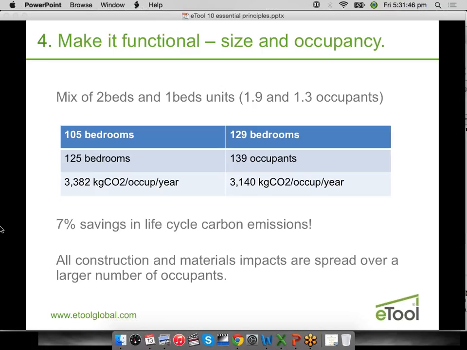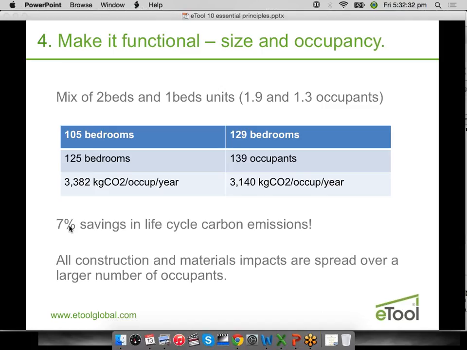It's hard to predict the occupancy profile, but for a development with 105 bedrooms, you get 125 occupants. And with 129 bedrooms, you get 139 occupants. So here we can see that just by increasing the occupancy, we get 7% savings, because we're spreading the impacts over a larger number of people. So all the construction impacts, the foundations, the materials, all the cranes, all that initial impact, it's being spread over